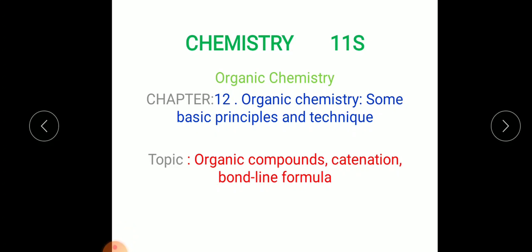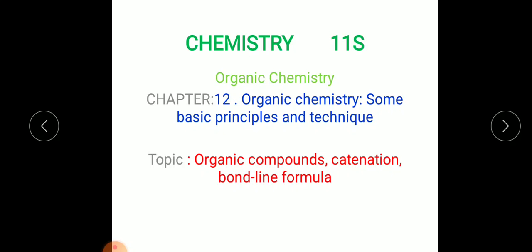So we are going to study the basics of organic chemistry, because in class 12 we have around 7 chapters based on organic chemistry. So it is important to know the basic concepts in organic chemistry. So today we'll start with the general terms like organic compounds, catenation property, and how to write